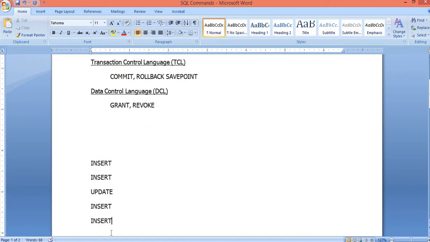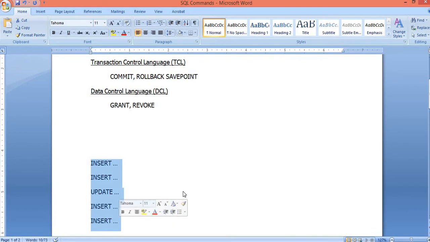Assume that these 5 instructions, I am ignoring the values, I have written only the commands. Assume that you have those things also, but we are not focusing on that. So these 5 commands form a logical unit. Now you can call these commands a transaction.